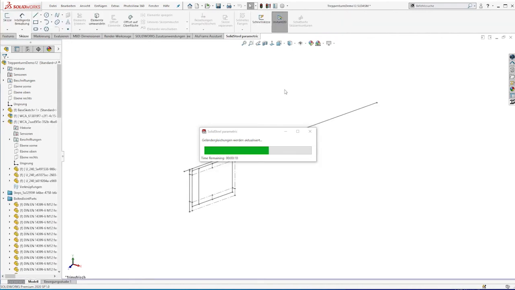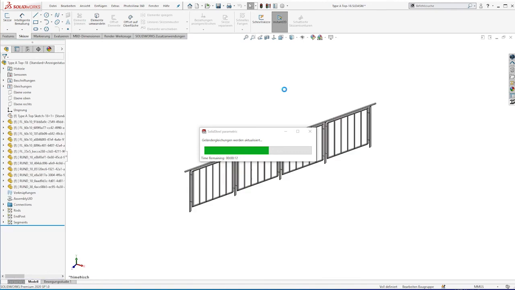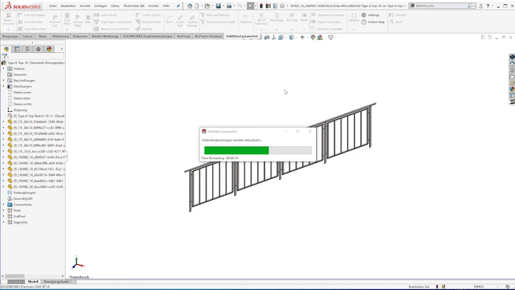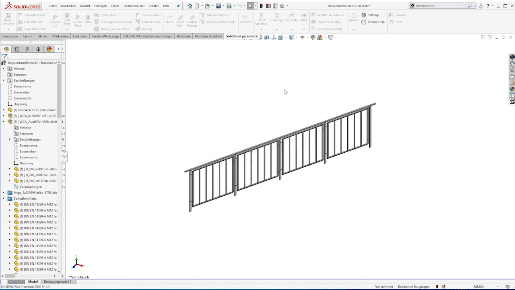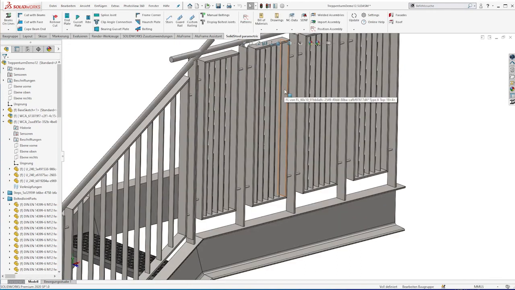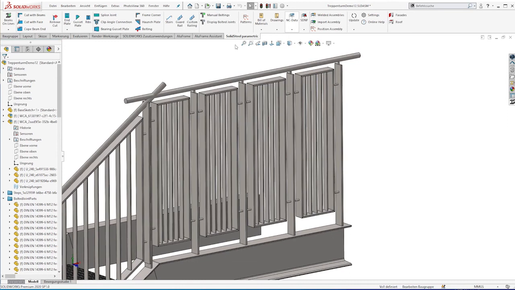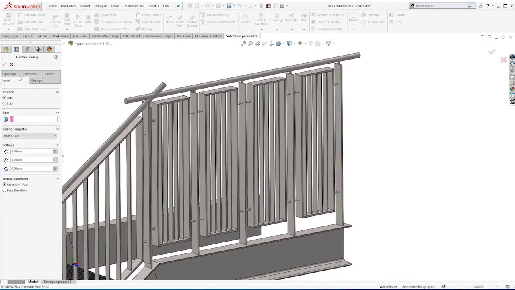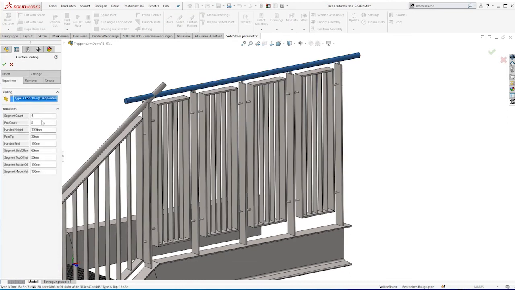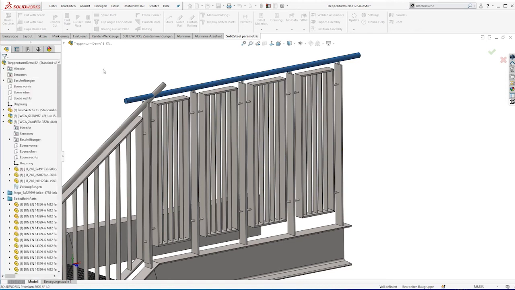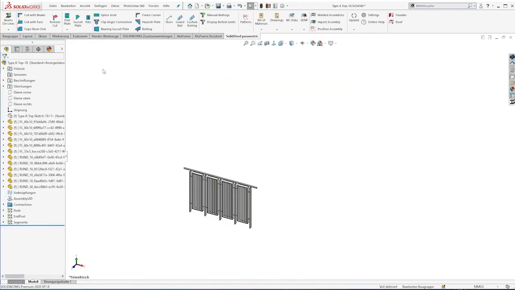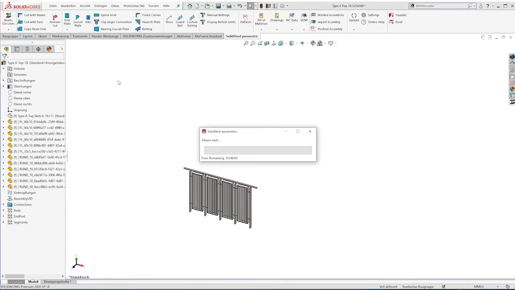Of course, usually my handrails just have 2 segments or 3, then just create a new template or change the template. You can change the equations inside of the template the way you need, or you can just store different templates. In this case, it's not the result we want to have, of course. Just say I want one segment and, for example, 10 rods in it, and say OK. Again, it will be recalculated,